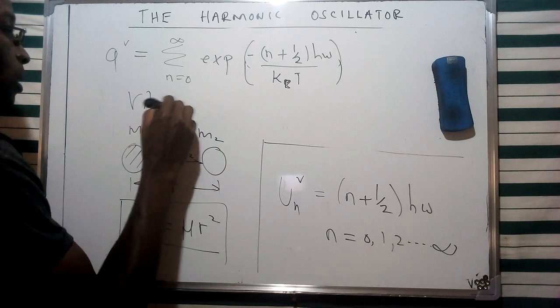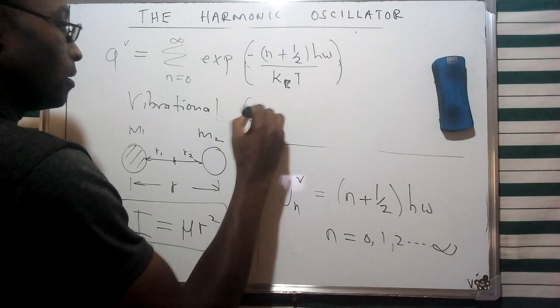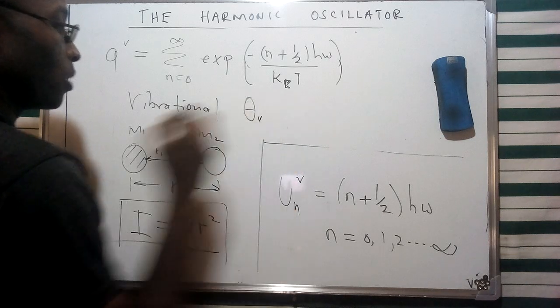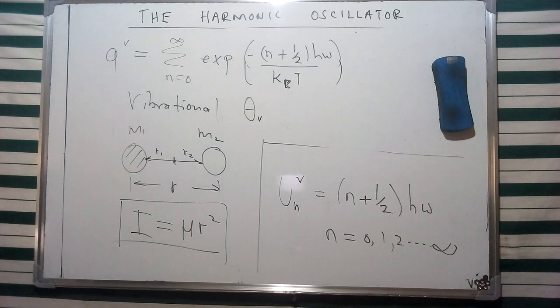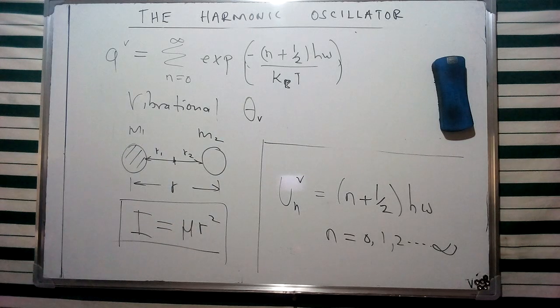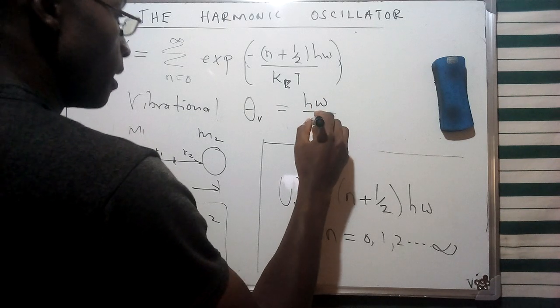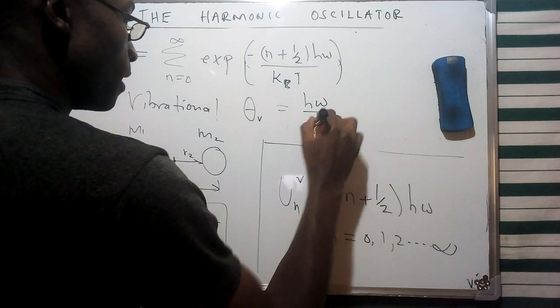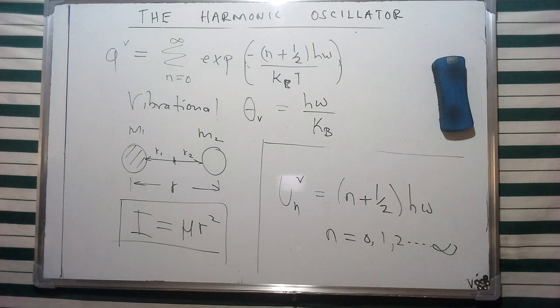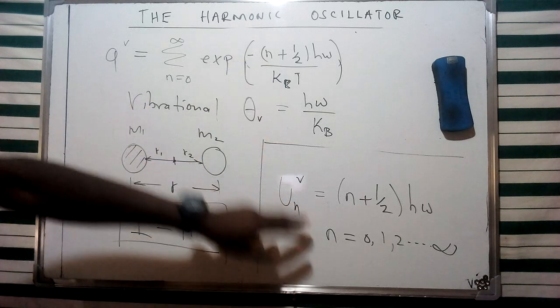In our last discussion, we looked at the concept of rotational temperature. In this case, for vibrational temperature, we are going to represent it using theta with subscript v, described as the ratio between h omega and k_B, given as such. Therefore, we're going to look at our general case for various aspects of this specific range of quantum numbers,